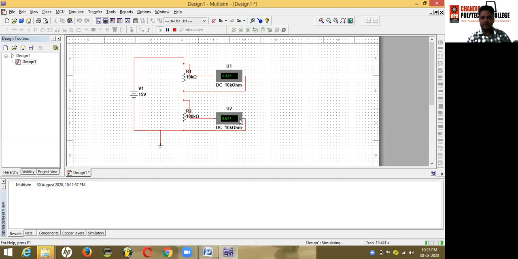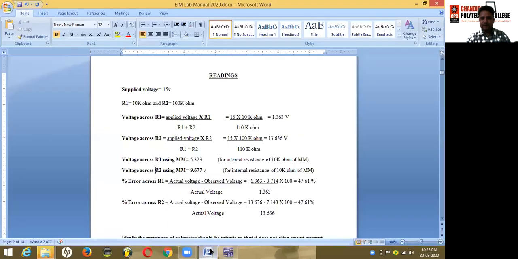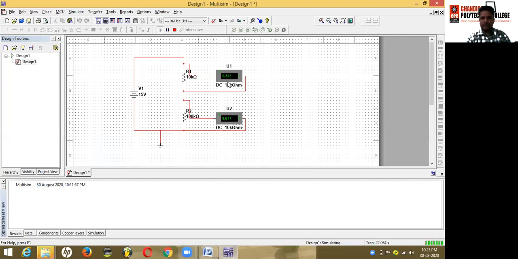This is just because of the loading effect of the voltmeter, because the voltmeter has put its internal resistance that we have selected in this experiment, that is the 10 kilo ohm, across the resistor R1 when you are checking the voltage drop across R1.